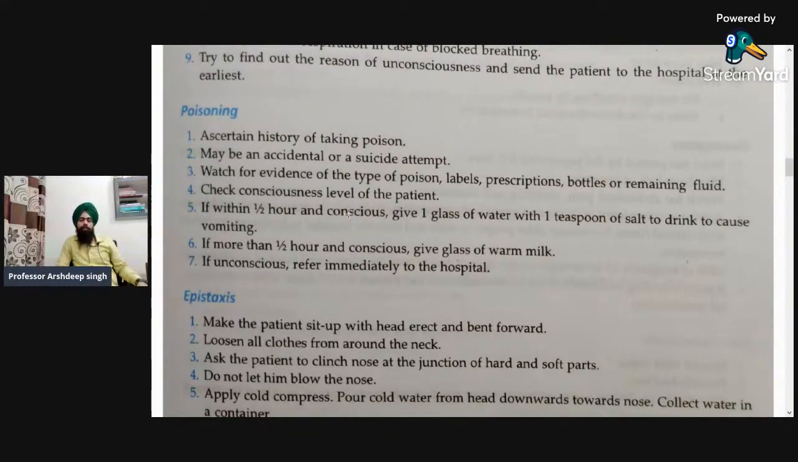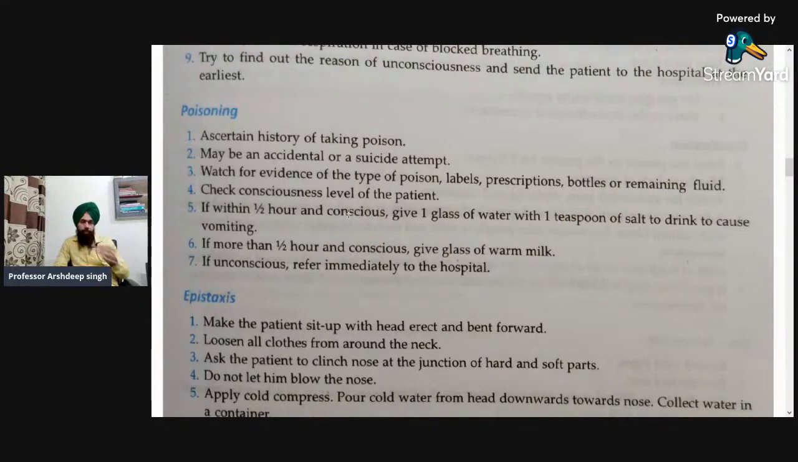with 1 teaspoon of salt to drink to cause vomiting. So we have to induce the vomiting so that we can decrease the quantity of the poison in the body of the person, so that the blood should not be mixing or circulating in the body, and we can prevent the vital organs from the effect